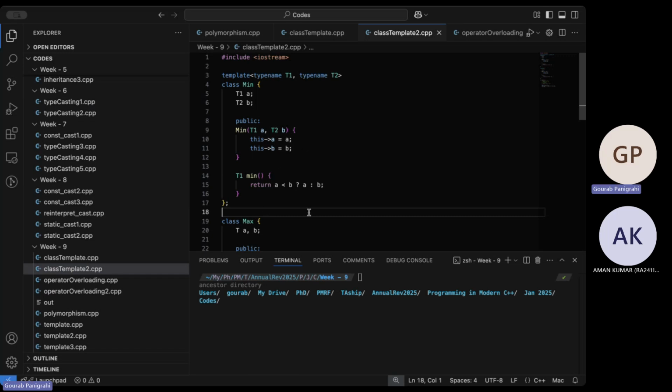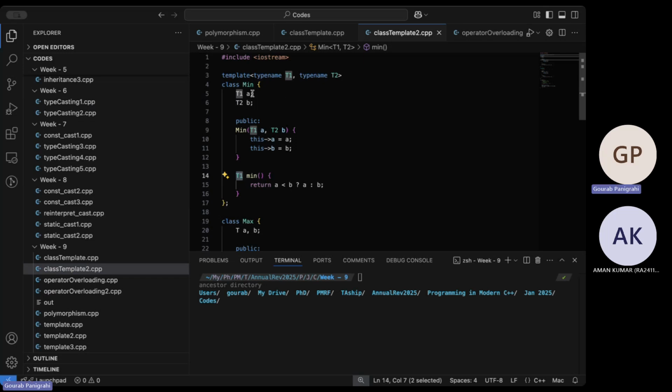Now one has to be a little careful because min and max are actually compared for the same data type. While yes, I have written a code like this, it will have certain behaviors. One has to be careful when trying to compare stuff of different data types and return, right? So return will be like A and B. So return is again decided by the T1. So one has to be careful what T1 was.